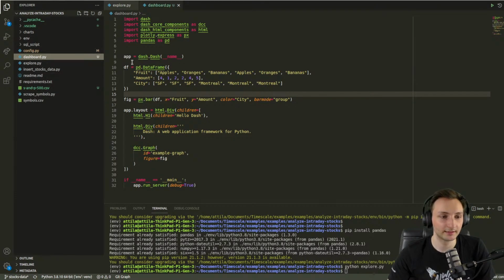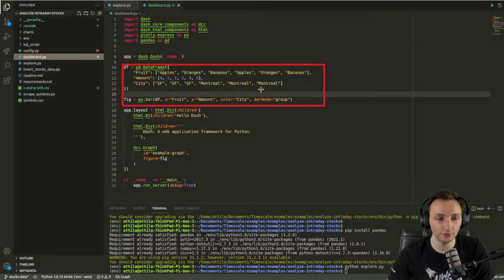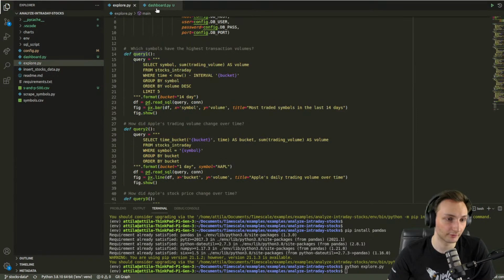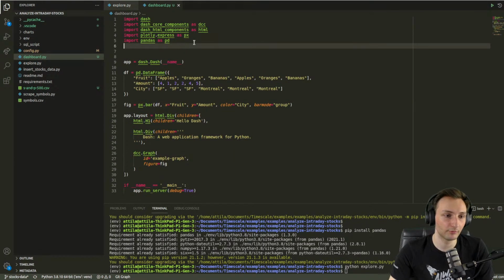So we want to replace this piece of the code with our explore, basically with our explore function. So let me just import explore. So we imported the module,